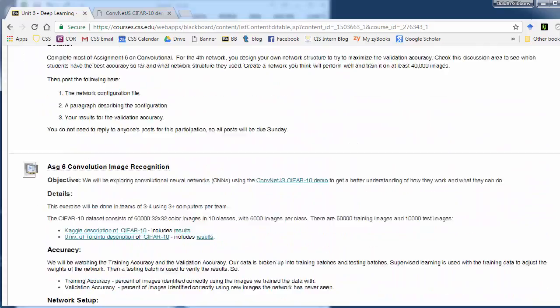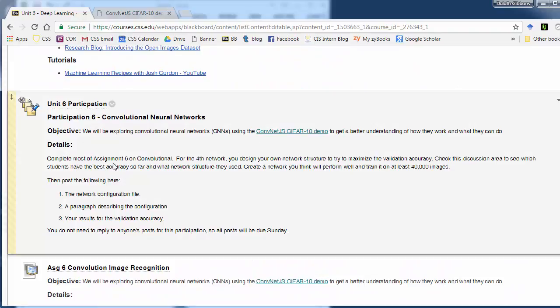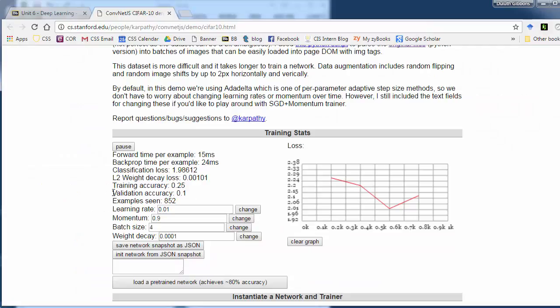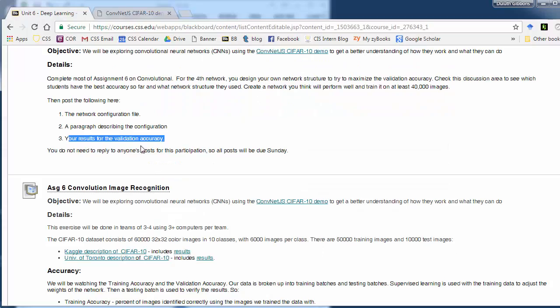To help each other out, your participation activity this week is to post your network configuration file. You just copy that, along with a paragraph describing what it is, so we all understand what you're trying to do, and then the results of the activities: the validation accuracy and the training accuracy. Post those to the discussion areas, and feel free, when you're creating yours, to look at what everyone else is doing. If someone's doing well, feel free to grab their network configuration,